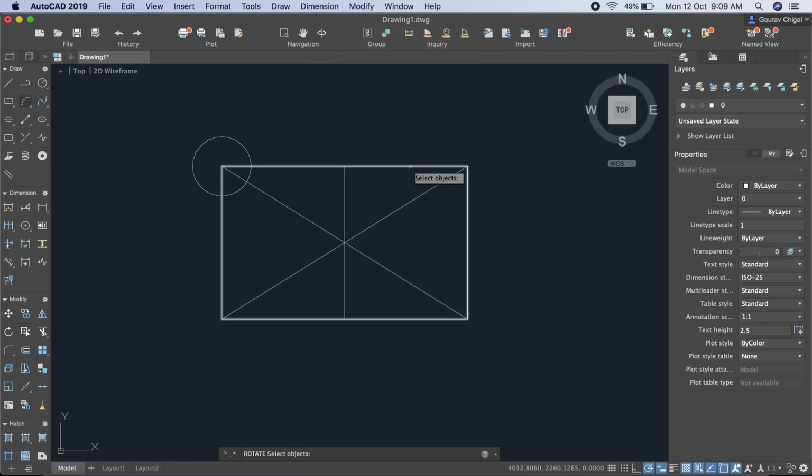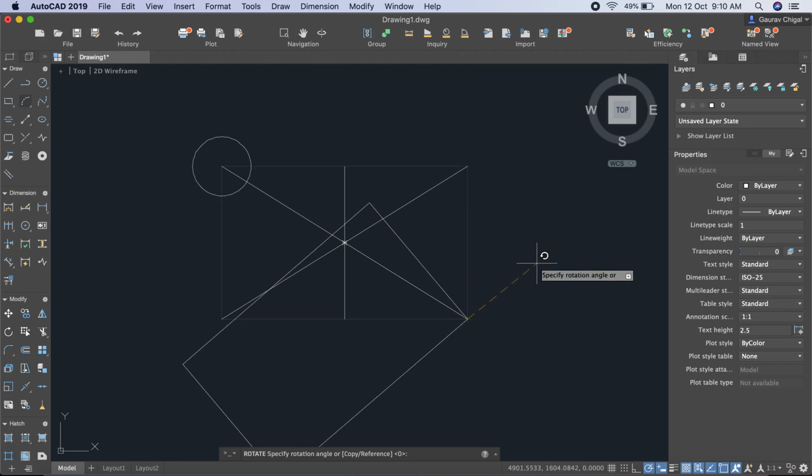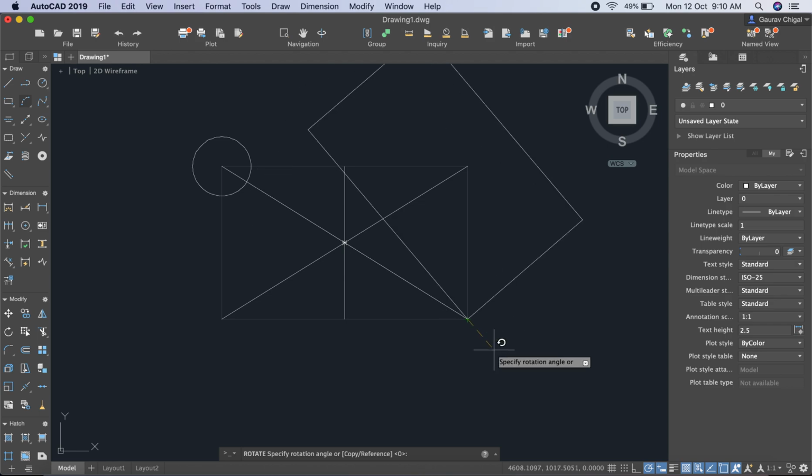Now I have to select the object which I want to rotate. Let us say this rectangle is the object I want to rotate, then press enter, and now you have to define the base point about which the rotation happens. Let us say this is my base point, the corner of this rectangle. Now when I click here, I can rotate the rectangle as per my requirement.